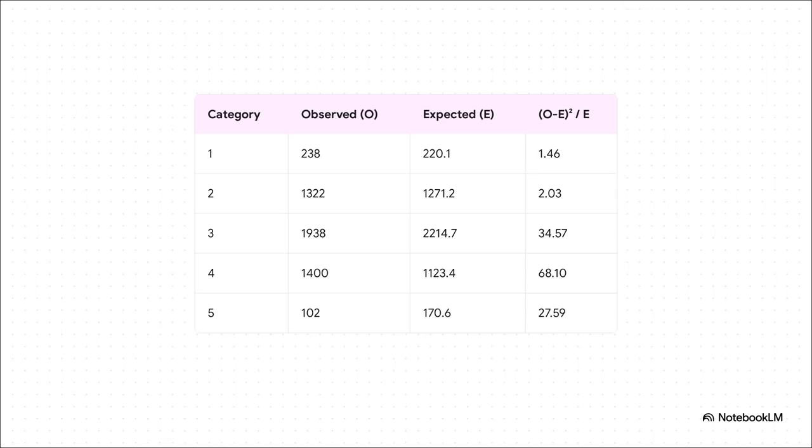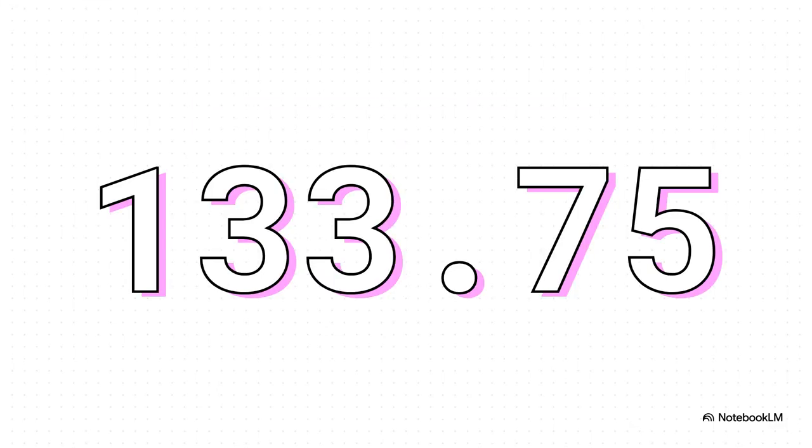So, the whole idea behind this test is pretty simple. We're just comparing what we actually observed in our data to what we would expect to see if the data fit that perfect bell curve. That last column there is basically measuring the gap between reality and theory for each group. We're on the lookout for really big gaps. When we add up all those individual gaps from that last column, we get our grand total, our final chi-square test statistic,